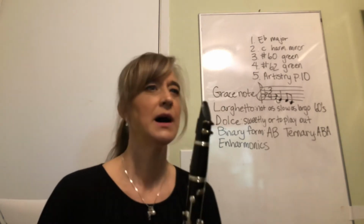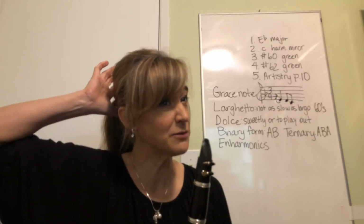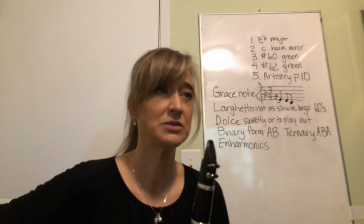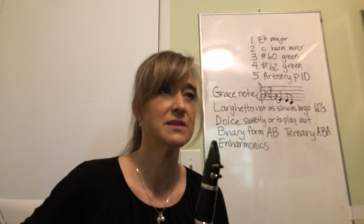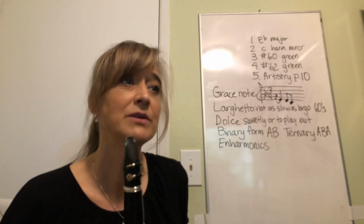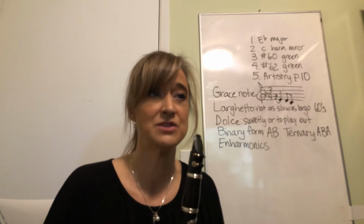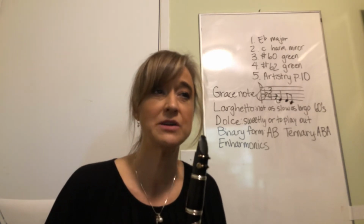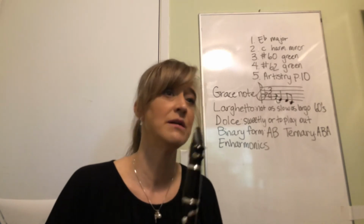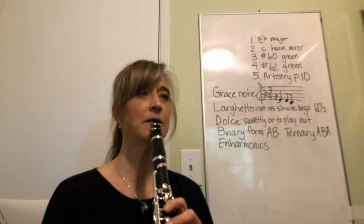Okay, lots of dynamic changes in here: mezzo pianos, fortes, mezzo fortes, a crescendo, and a retard at the end. So checking out that, make sure that you get soft on the third line, and then you're gradually building. Don't give it away on the last line at forte until you get to that crescendo in the last 2 measures. Make your timkas very crisp in your 16th notes, delayed as long as possible at the end of the beat. Here we go. 1, 2, ready, and...